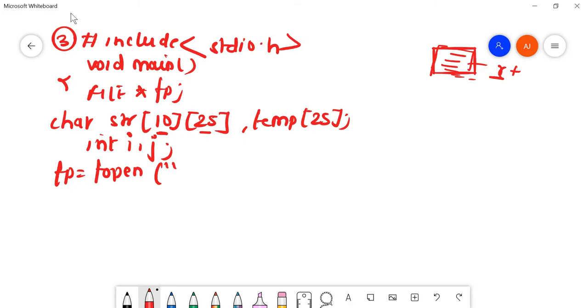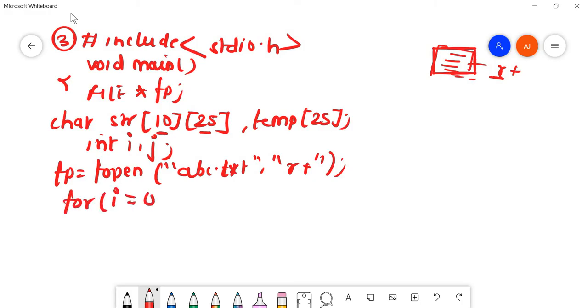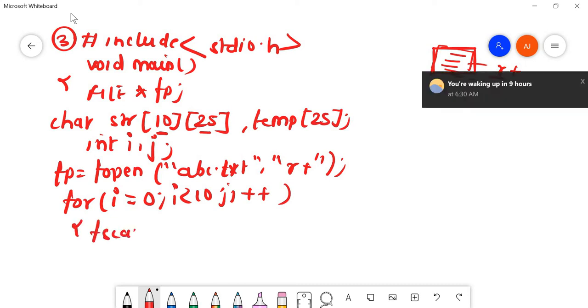Suppose I write abc.txt. I'll open this in r+ mode as it is already present. So for i equals 0, i less than 10, i plus plus, fscanf.